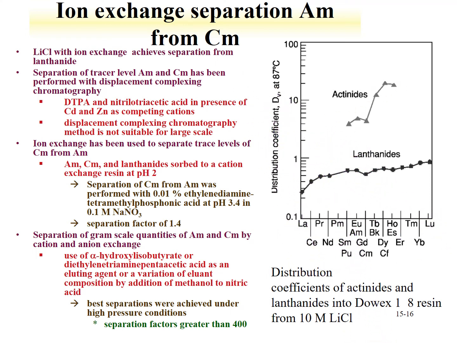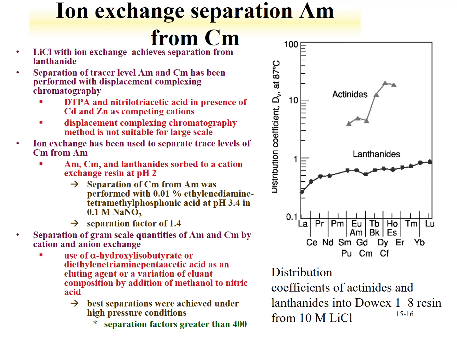So ion exchange has been used in two tracer type levels, one using a displacement complexing chromatography. It involves a two ligand system, two metals that act as competing cations. You use the slight differences in the complexation between americium and curium to achieve a separation. This method is somewhat cumbersome and complex, can be used on a small scale, but not particularly suitable to large